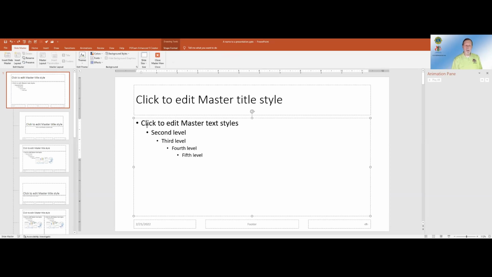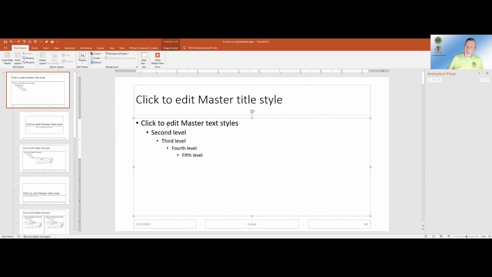If you find yourself continuously changing your bullet to something different than those dots that we see, and you have to do it on each and every slide, do it from the slide master, and you do it once. If you don't like the distance between the bullet and the beginning of the text, you can change that distance from the slide master and it will take effect throughout.